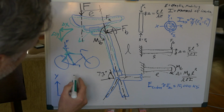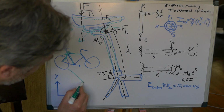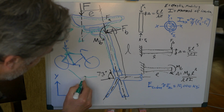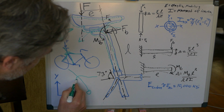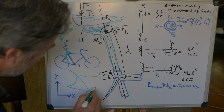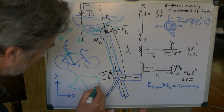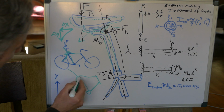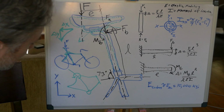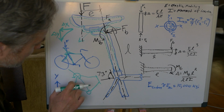So I'm going to pull this down here and redraw this. So the seat post is going to look a little bit like this, where it's got a curve. Your top tube's going to curve up, and then your chainstay is going to curve down. So it's going to look something like this. I know this is a little hard to visualize, but imagine there's a torque applied here. And the amount that these tubes bend...